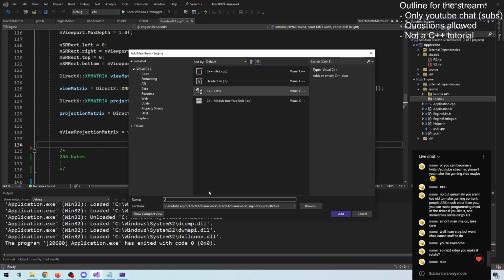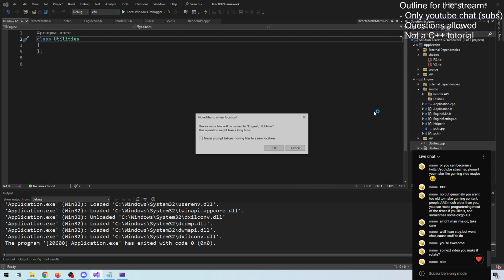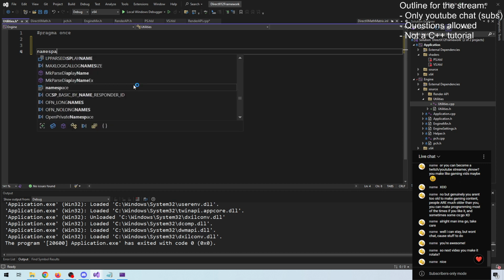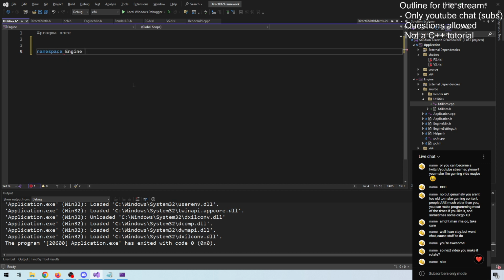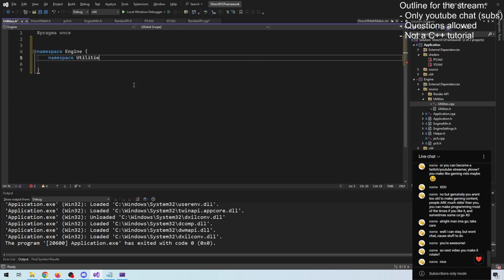I'll use the class creation method, but I will actually delete the class, and then I'll define a namespace here, and inside that namespace I'll also define something called utils,